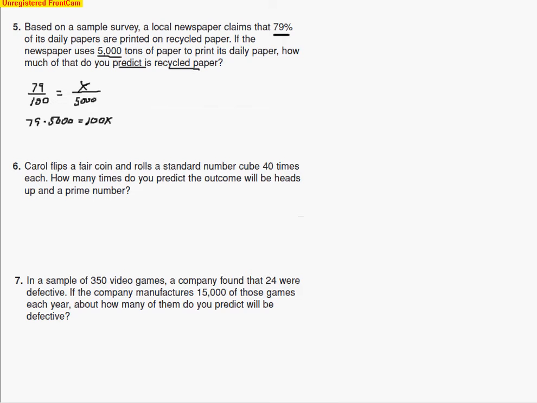5,000, and we get 395,000. And then from there, this all equals 100x. So we can do that division. So the nice thing about this problem is dividing by 100 just cancels out two of those zeros at the end, leaving us just with the numbers that are remaining on top of the fraction. So x equals 3,950 tons of paper. So that's their prediction of how much is recycled paper out of that 5,000 tons used